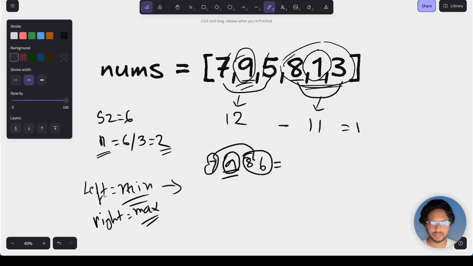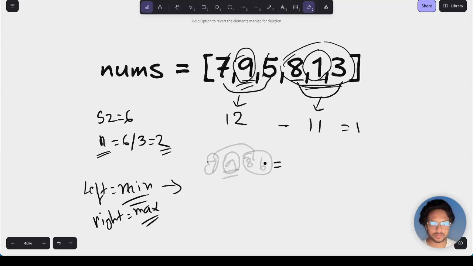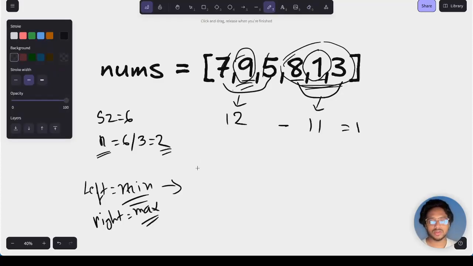So our target is to make the left side minimum and make the right side maximum. Okay. Now, this is 1, this is 2. Now, how can you do this one, right? So for doing this one,